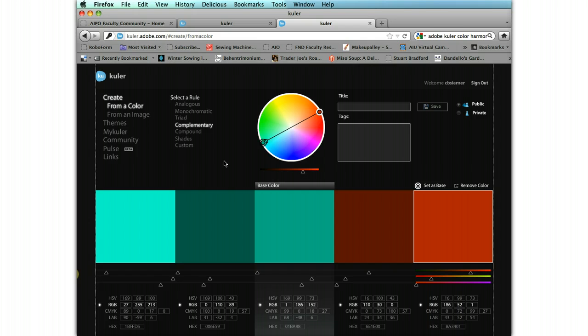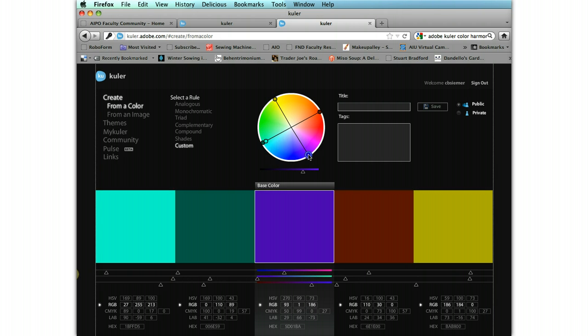So if you want to create a color harmony that's not listed in here, that's something that we would be doing in the classroom, like a split comp or a tetrad, you can click the custom button and just create a harmony by pulling the colors around to where you understand that they would be in relationship to each other. So for example, the tetrad, 4 colors that are equidistant on the color wheel,